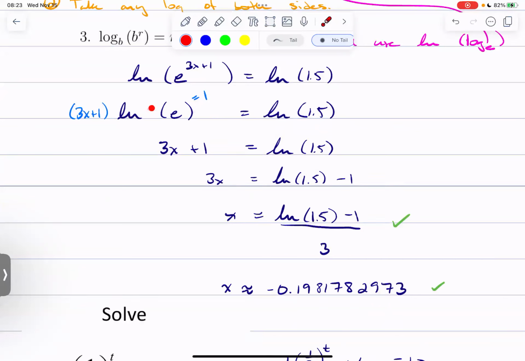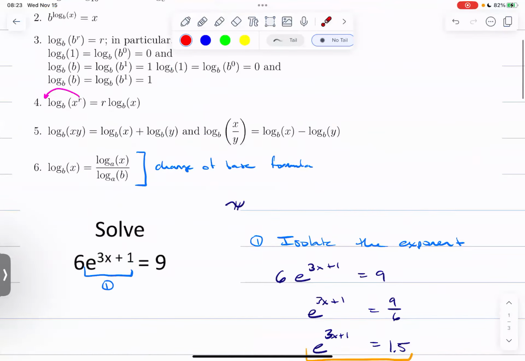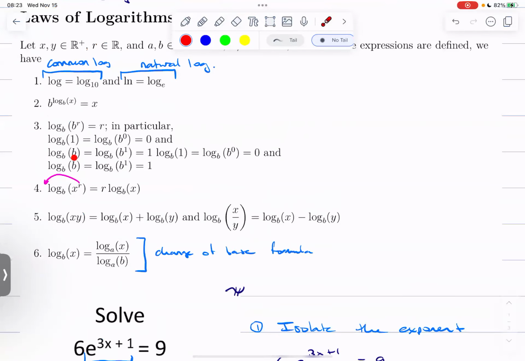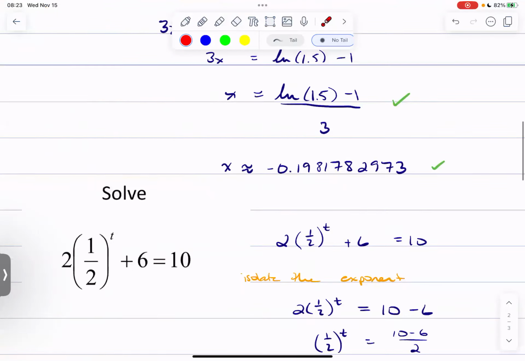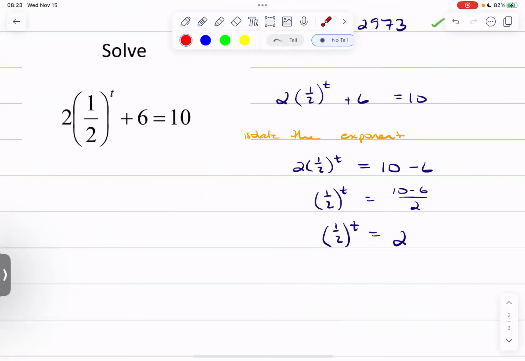The log base 0.5 of 0.5 becomes 1, right? Just by these rules here, log base b of b is equal to 1, right? So that's a rule. And so we could use 0.5, but